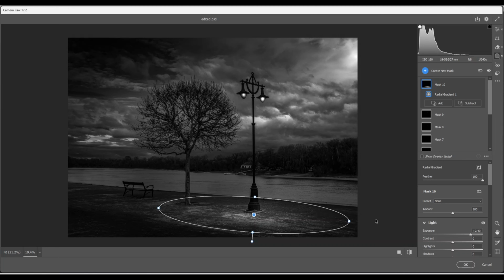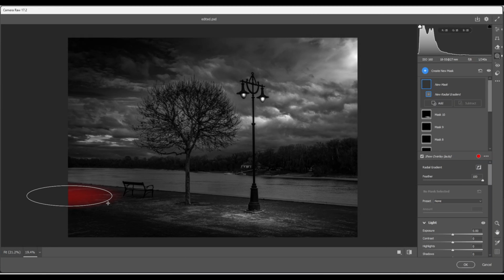And now the next thing I'm going to do, I'm going to use another radial gradient. And here on the left side, there was another lamppost, which we cannot see, but we can still create the effect of a lamppost. Turn it around and place the brighter part of the mask where you think the lamppost was. And I'm going to increase the exposure